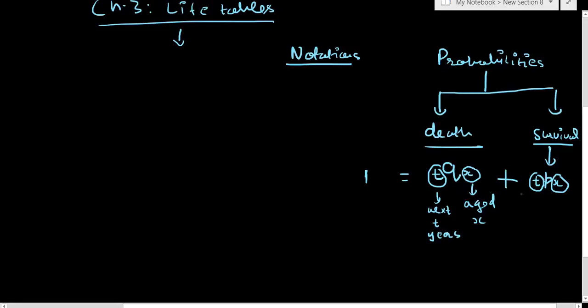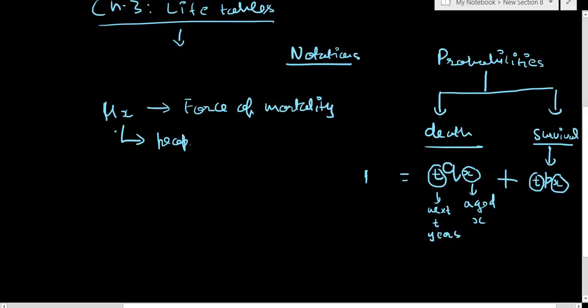So how do we calculate these values? To calculate the value of these symbols, we would need to introduce another very important and fundamental quantity, that is mu x, or the force of mortality. Force of mortality is similar to a concept that you must remember from subject CD1. What force of mortality basically means is the number of people that we expect would die in a very, very small, infinitely small period of time,